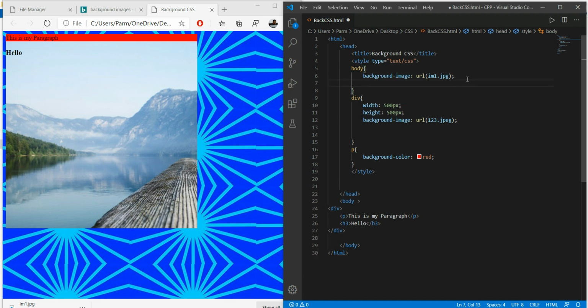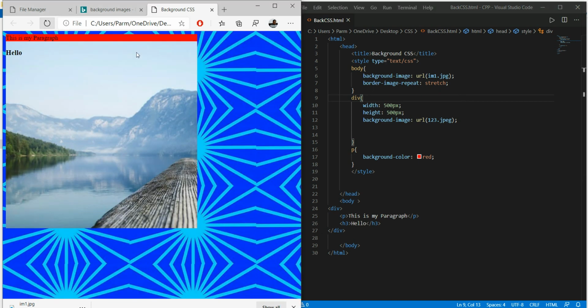So what simply I will do, background-image repeat. So I will set its stretch. I will set this value, save this, and again refresh over here.